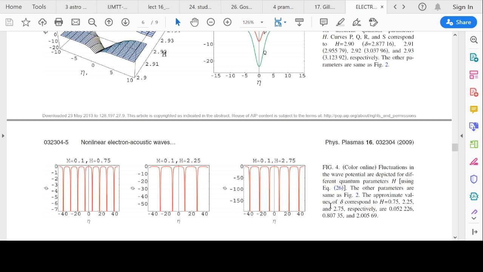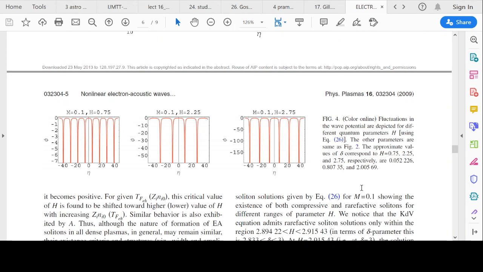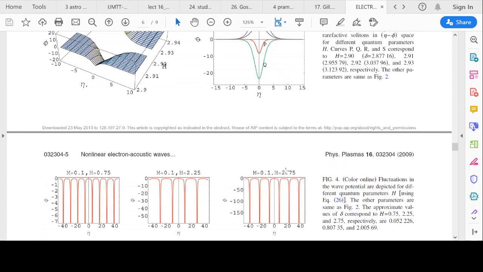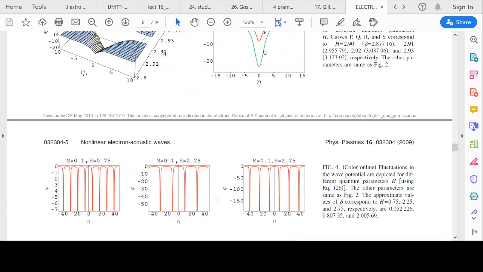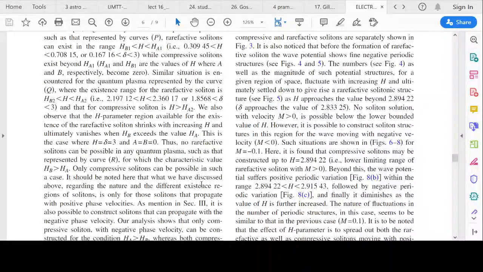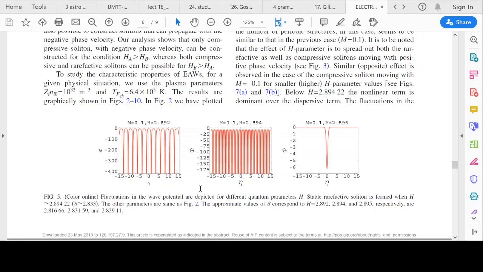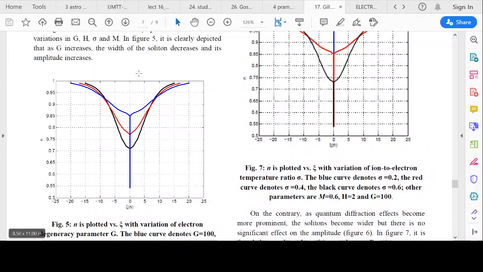These are the fluctuations. What are fluctuations? I think they have corresponding fluctuations in the potential field. Yes, in the potential field they have got this, and this is somehow related. You have to just check it. That is, they are not forming a solitary structure, but an oscillatory kind of solution is there. Okay, these are fluctuations, and when these fluctuations add up, they give you a stable rarefactive solitary structure, and these are fluctuations. So I think you can just do it, and